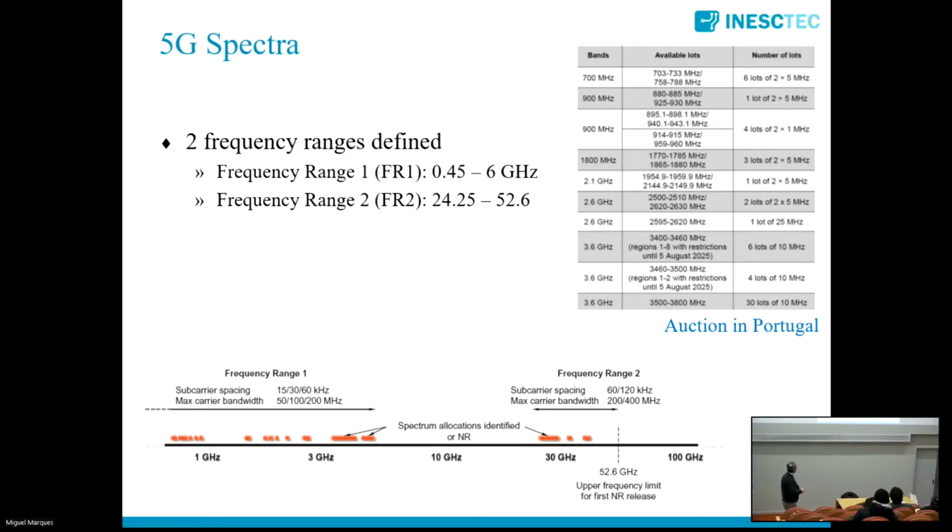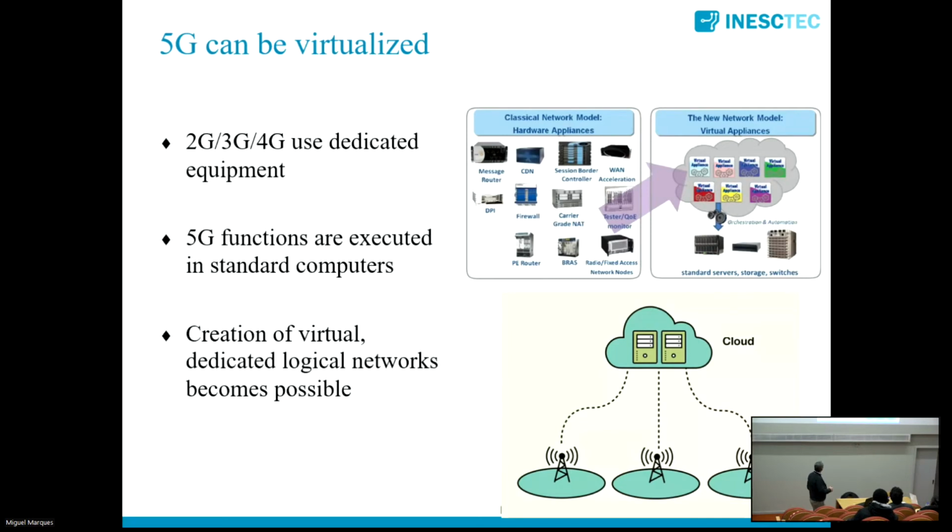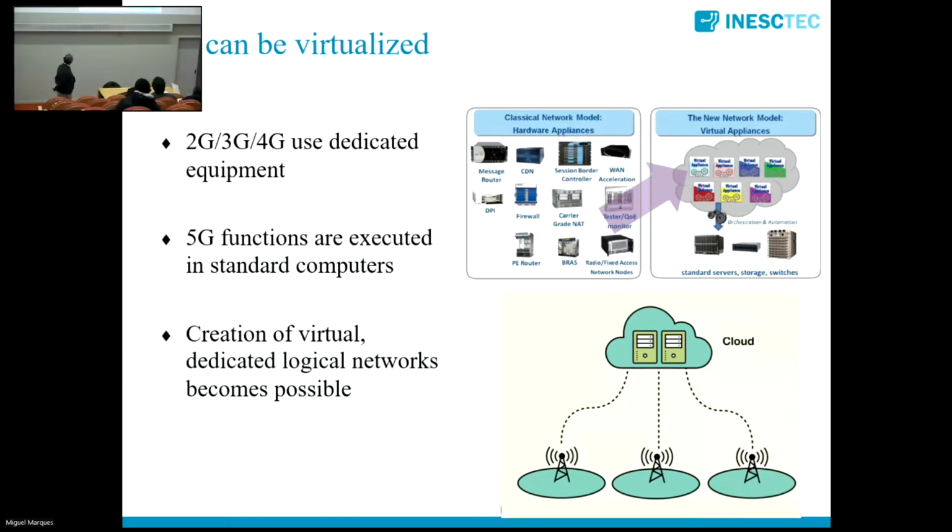In the next years, or next year, very probably, we are going to have a second auction for this range of frequencies, but of course here we are going to have, let me say, a different way of radio communications. We are going to have smaller cells, but cells that will provide much higher bandwidths to the equipments that transmit. Important as well is this new characteristic of 5G.